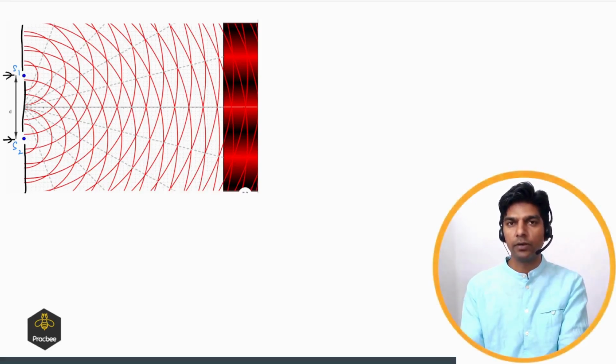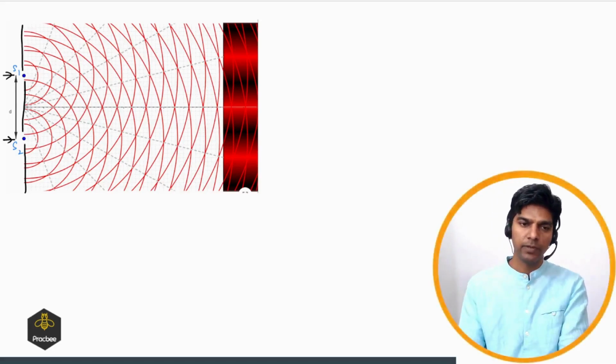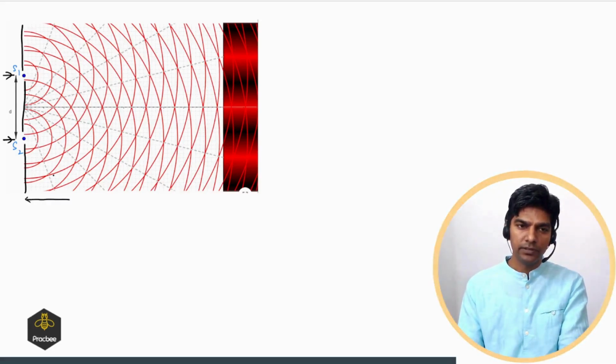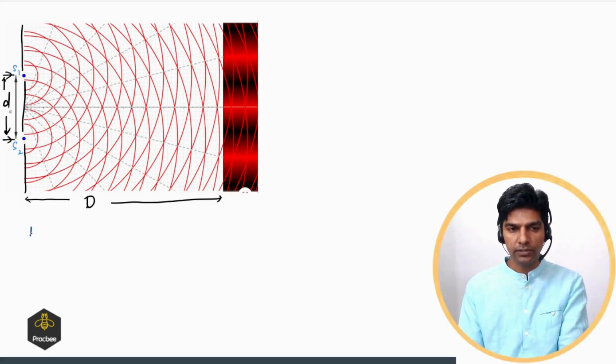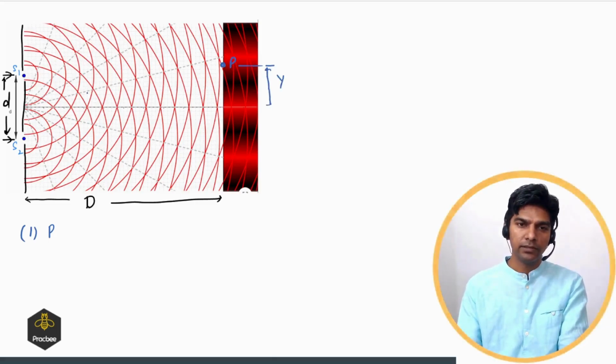So we have a parallel planar wavefront approaching the 2 slits. The distance between the slit and the screen is capital D, and the distance between the slits is small d. So here let us see some important terms that you have to consider. So first is phase difference. If I consider any point on the screen, let us say this point P, and its distance from the central maxima is y, and this angle is theta, then